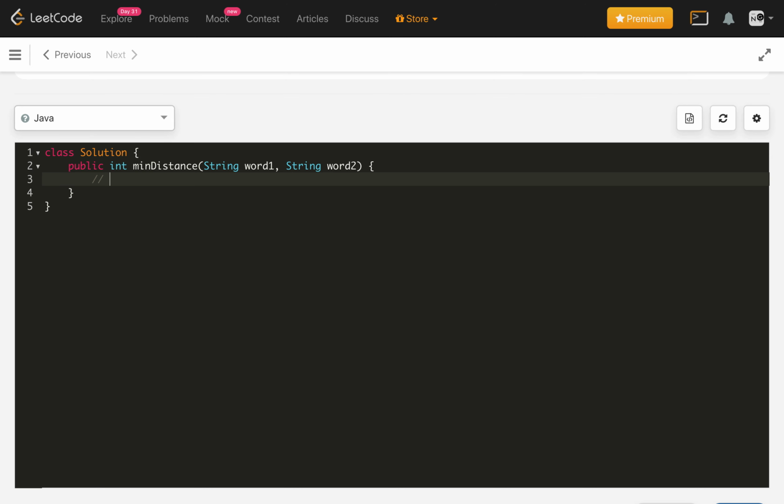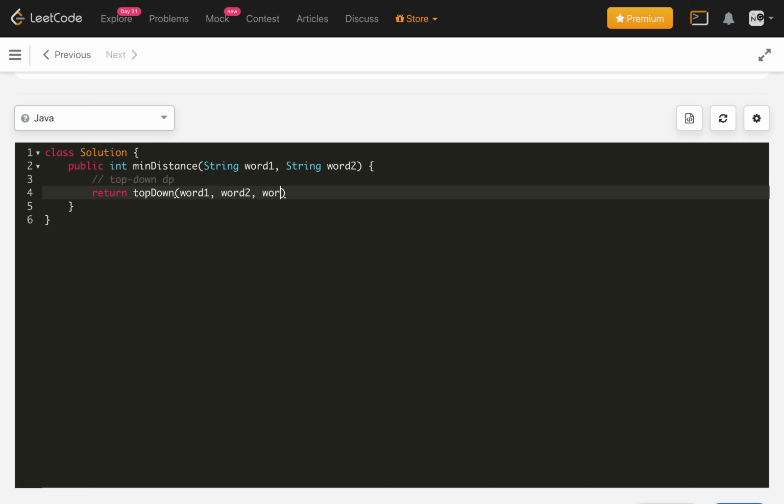So for the top down DP, we will just call the top down method. So return top down method, and we will pass word 1, word 2, and the length of word 1, word 1 dot length, and word 2 dot length.